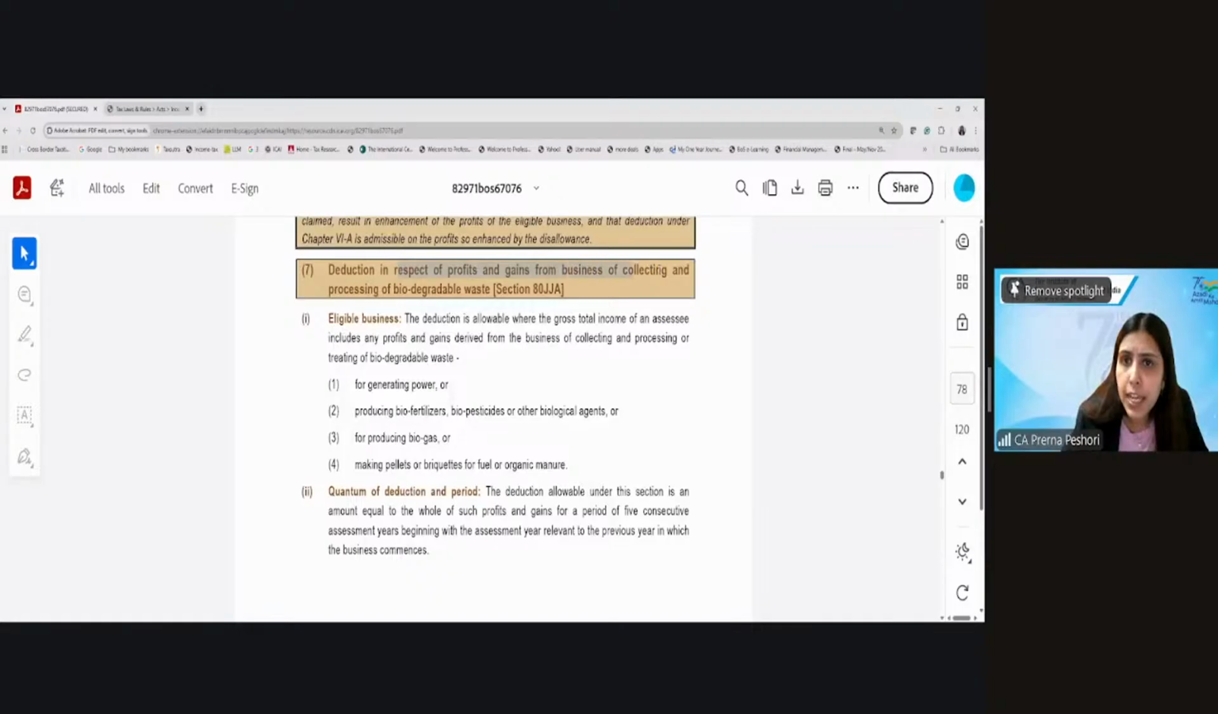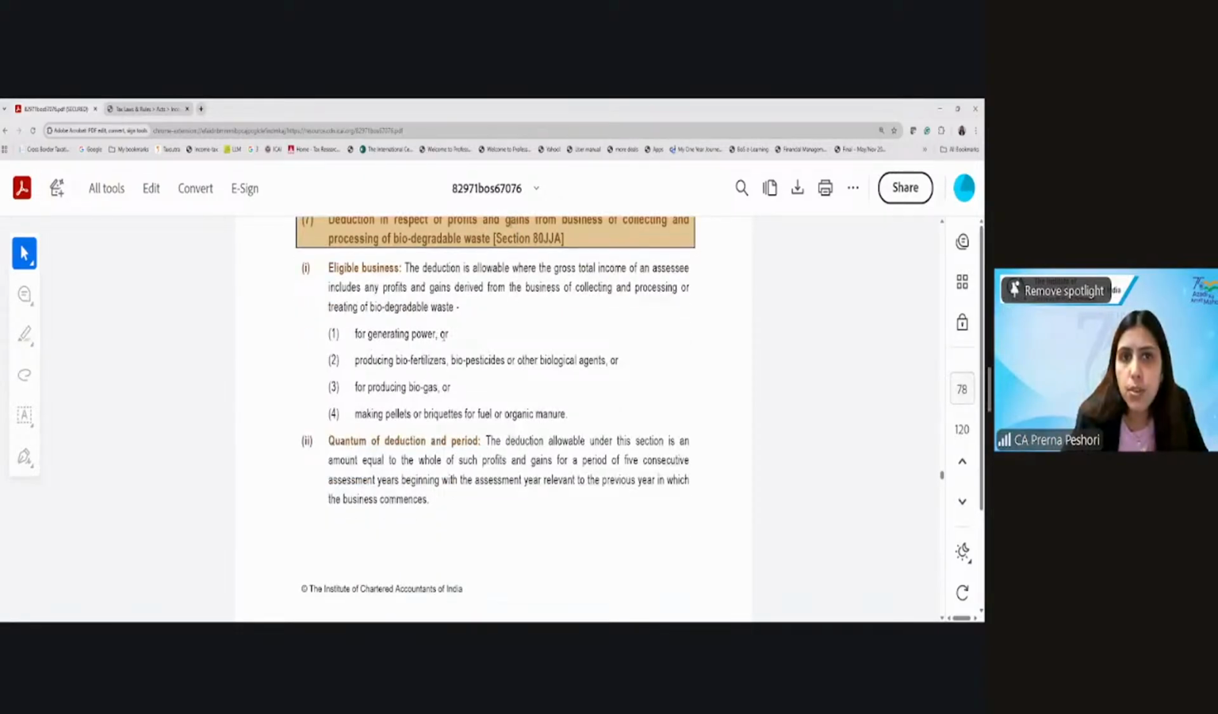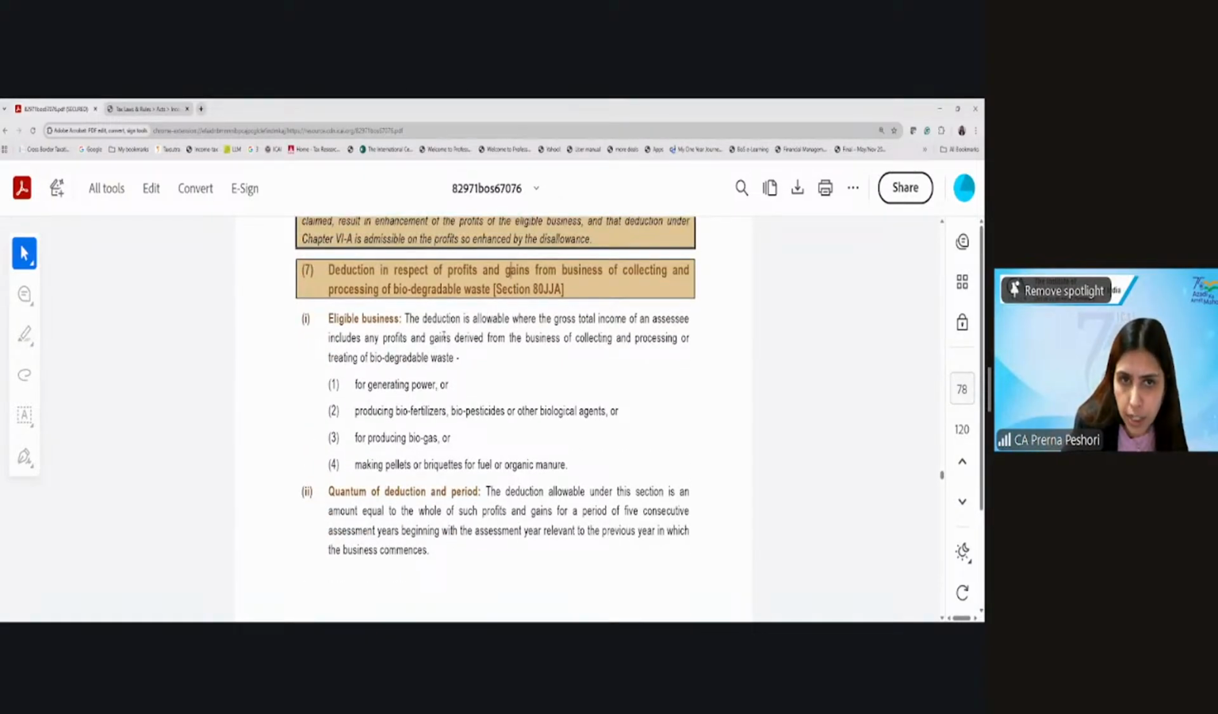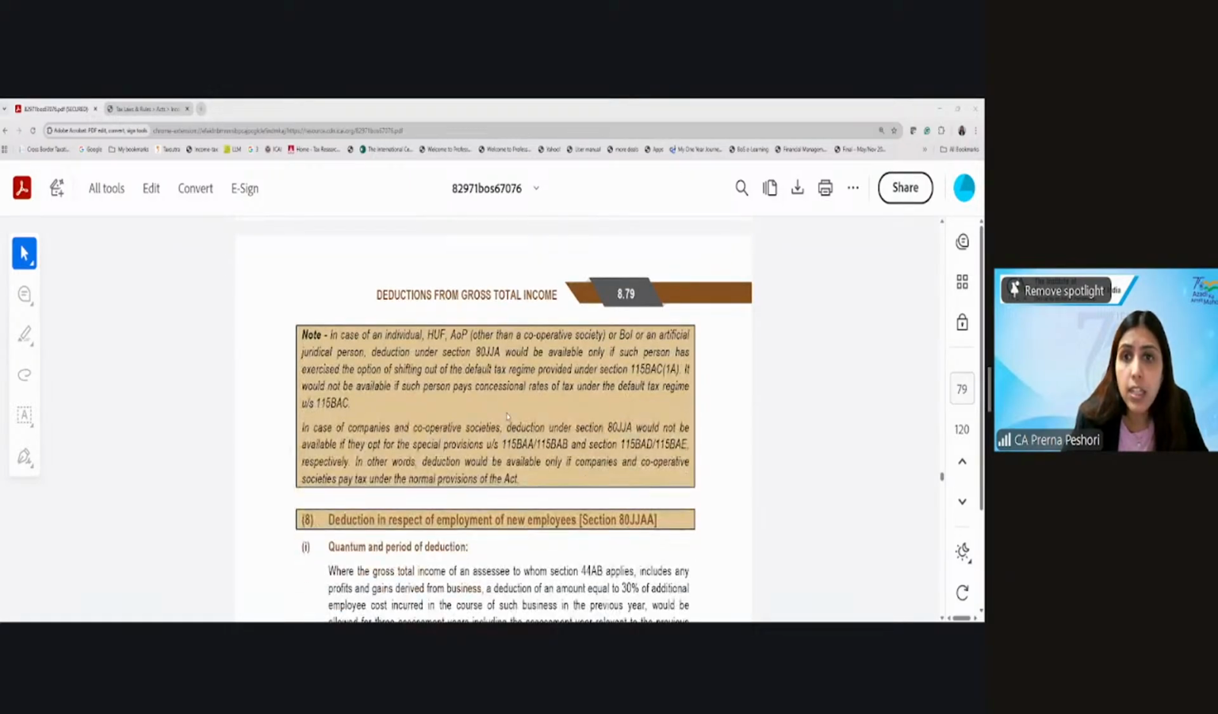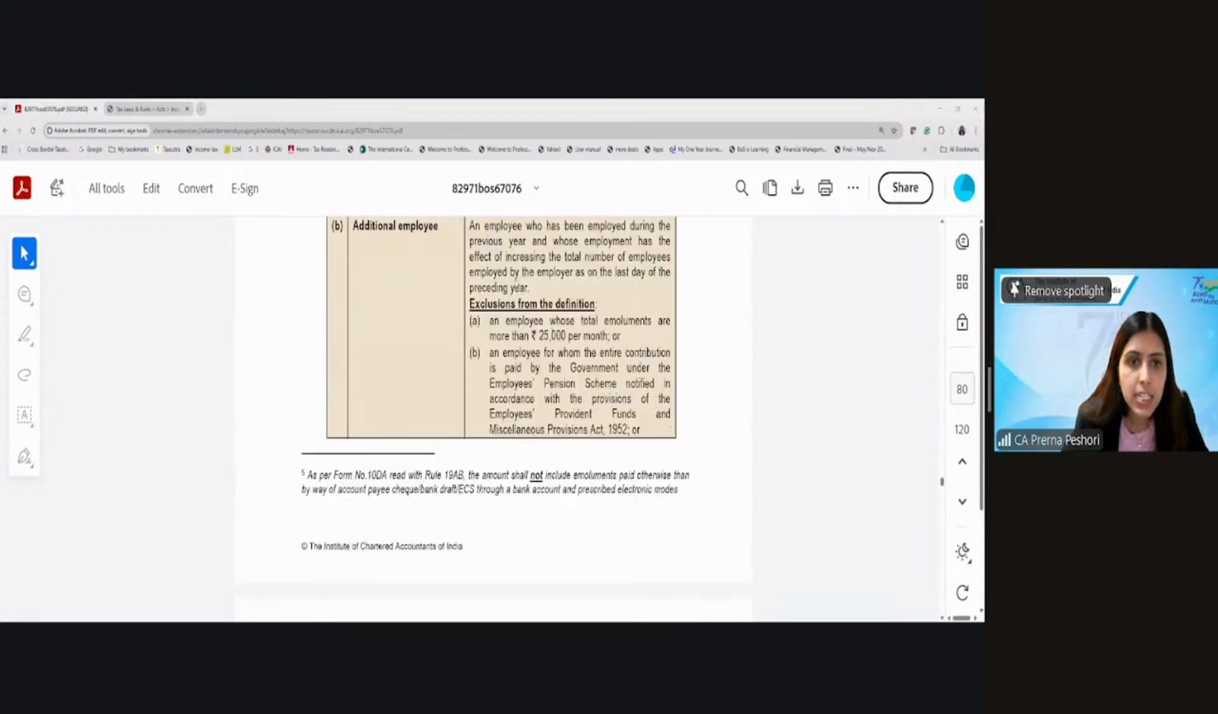Deduction in respect of profit and gains from business of collecting and processing biodegradable waste is allowed as a deduction under 80JJAA if they are into this business, again to incentivize this business. 100% of the profits are allowed for 5 consecutive assessment years beginning from the first year in which the business is commenced. Okay, so this is one of the deductions. Whether it is available under 115BAC or the concessional tax regime, the answer is no. This is only available in the normal tax regime. Next is